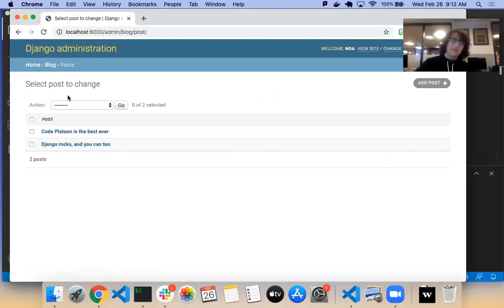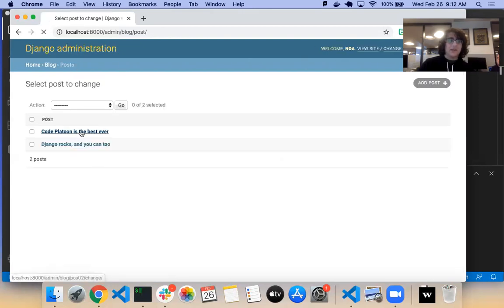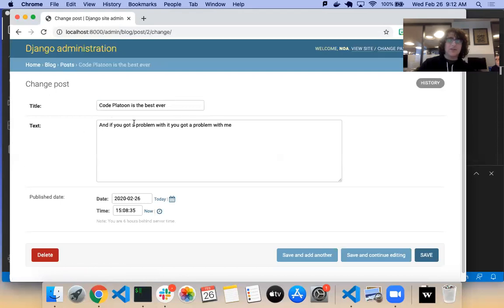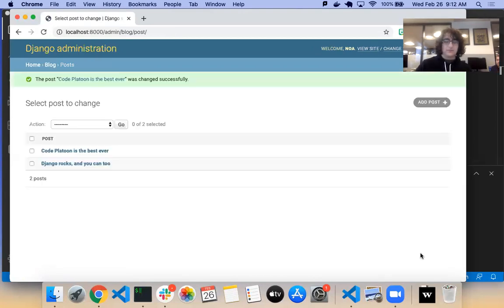Generally speaking, what the admin gives us is just CRUD functionality. So we can add posts, we can read the posts, we can update them, and we can delete them. I don't think the admin has many powers beyond that.